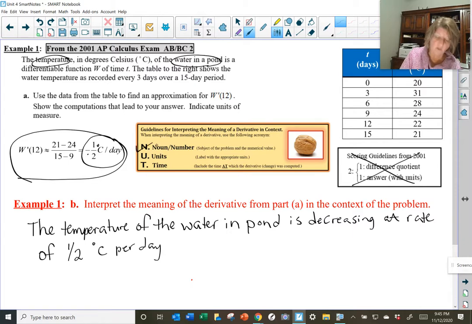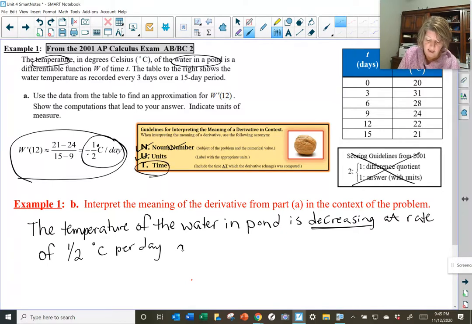So I've done the noun, I've worked the number into it, the 1/2, and I've got the units. I said the word decreasing, so that took care of the negative. That's why I didn't want to put a negative in front of my 1/2, because otherwise I would have been a double negative, and that would not be correct. The decreasing word shows that I understand what the negative means as well. So it's decreasing at a rate of 1/2 degrees Celsius per day, and then now I just need to fit in the time